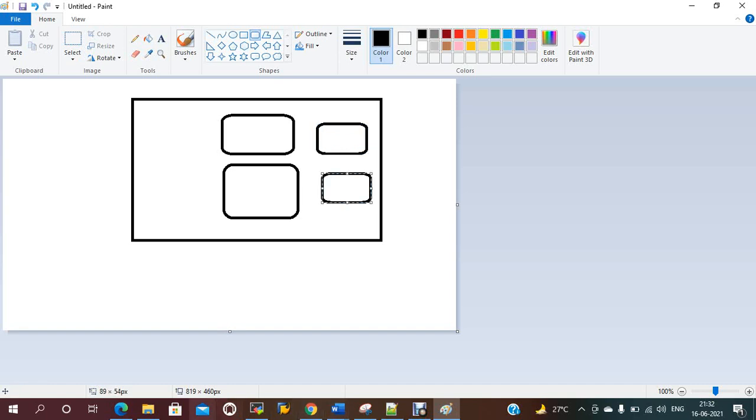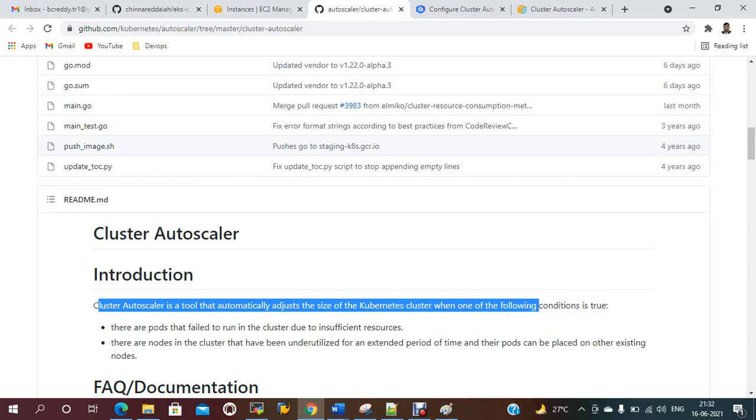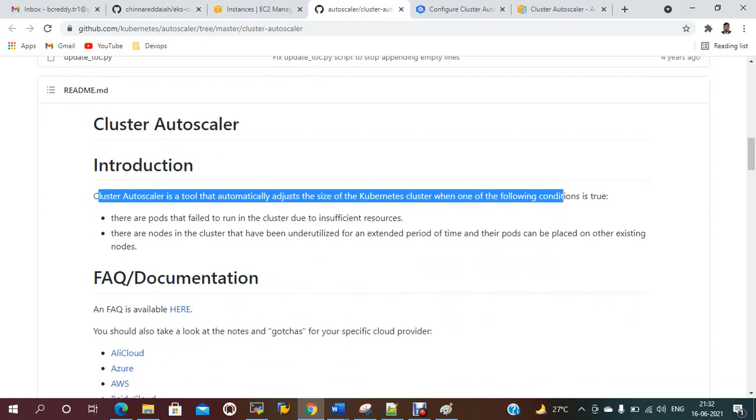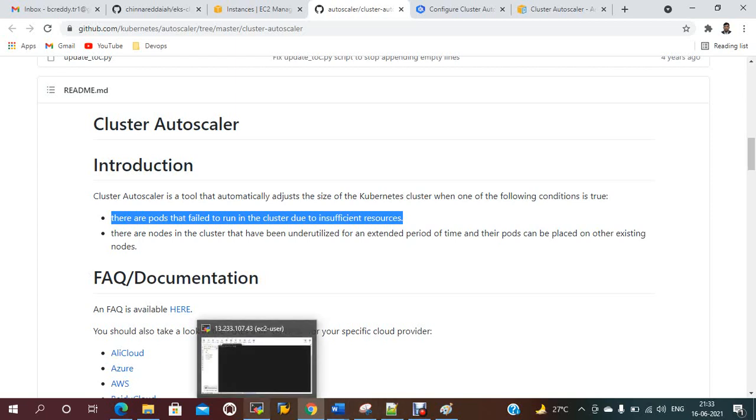Okay. So the cluster autoscaler is a tool that automatically adjusts the size of the Kubernetes cluster when the following conditions are true. Okay, so there are pods that failed to run in the cluster due to insufficient resources. Suppose my node 1 is full and node 2 is full, right?